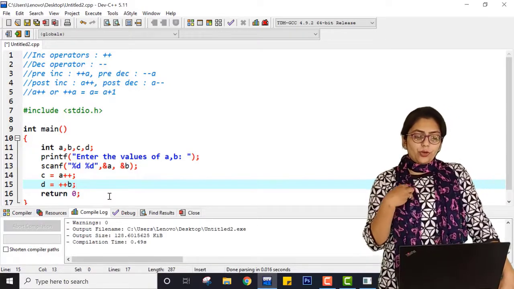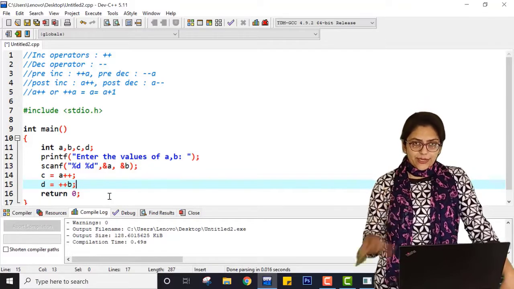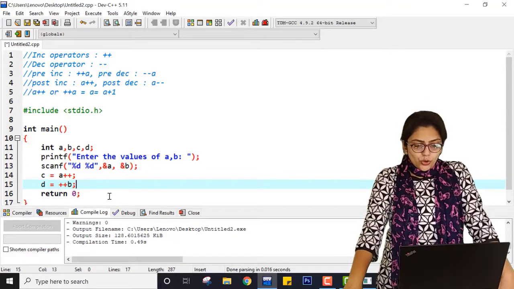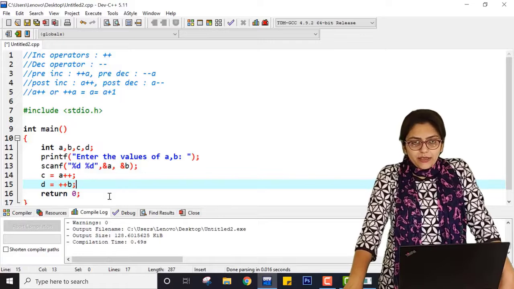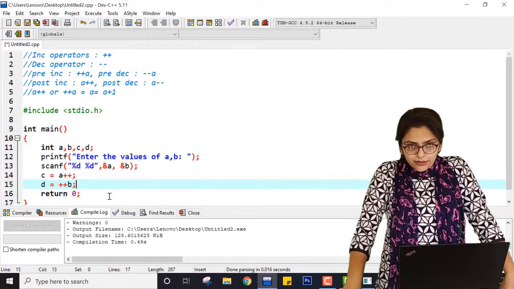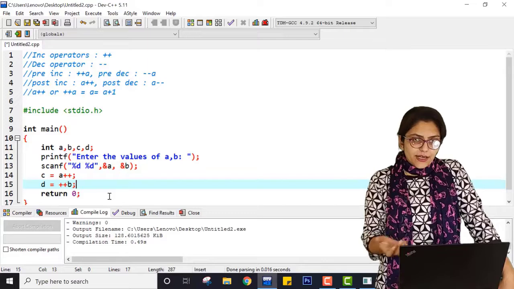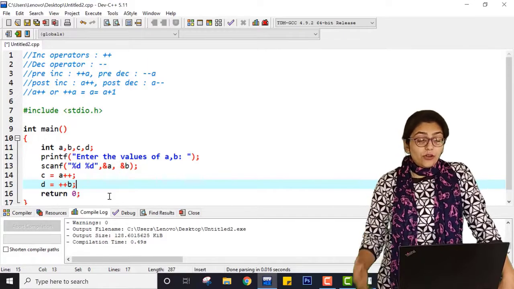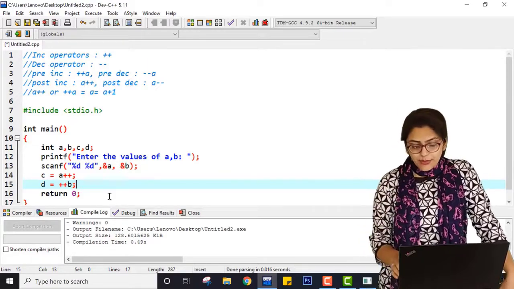I am adding one to both A and B, so the values of A and B must be the same after increment. And the values of C and D should be incremented as well, but they will not be.